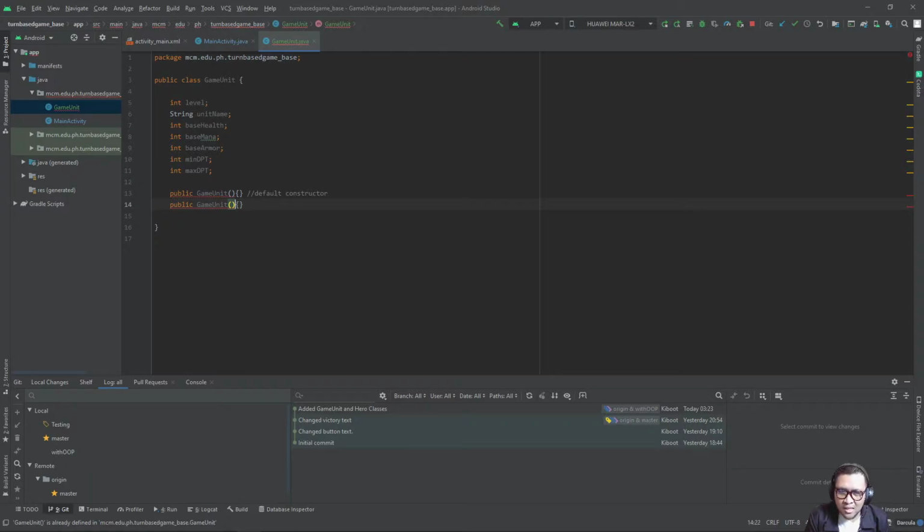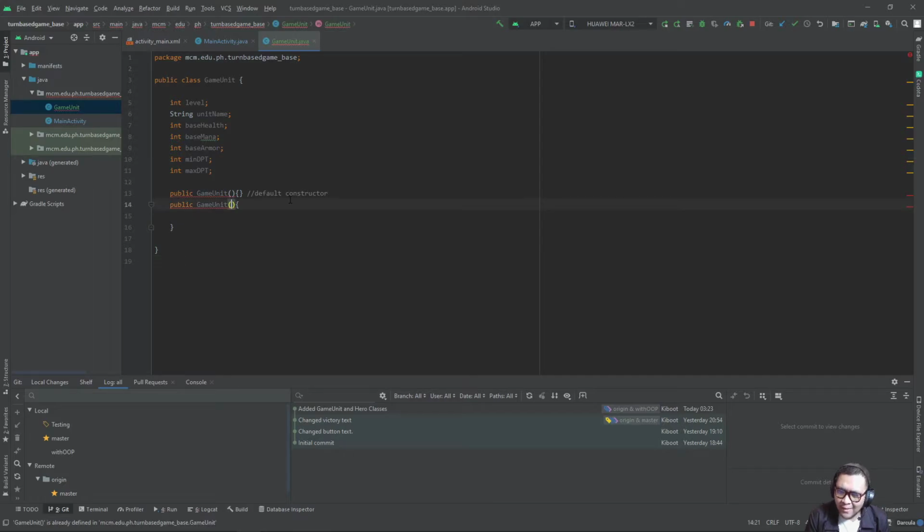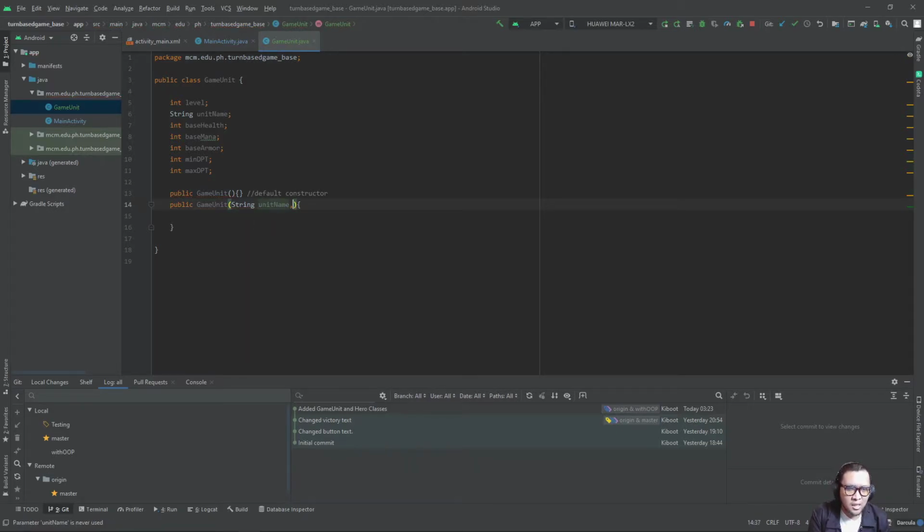So to make this function like a method, our other constructor, we will be adding the variables that we have already created. If you have any questions regarding our lesson, feel free to ask me anytime. So we will be first adding the unit name. So string unit name, then the base health, then base mana,